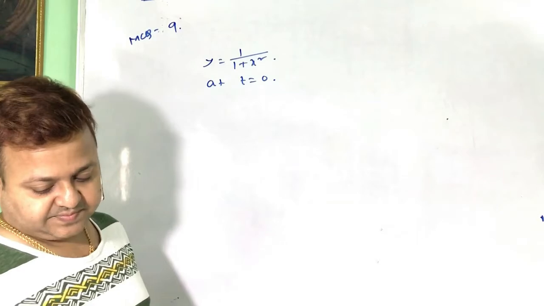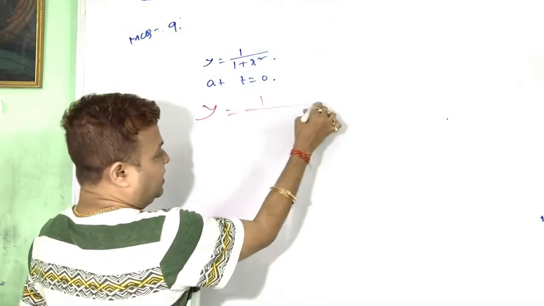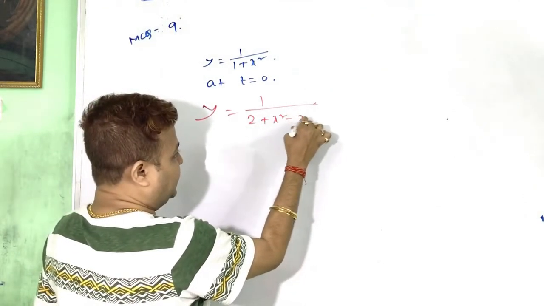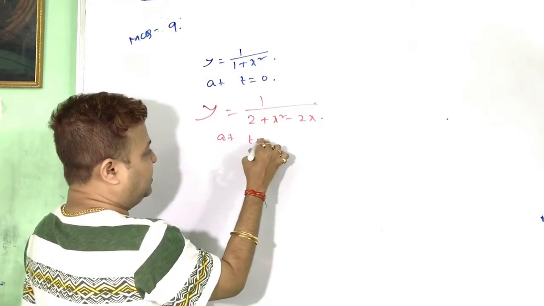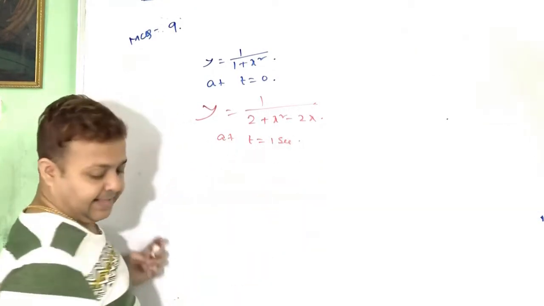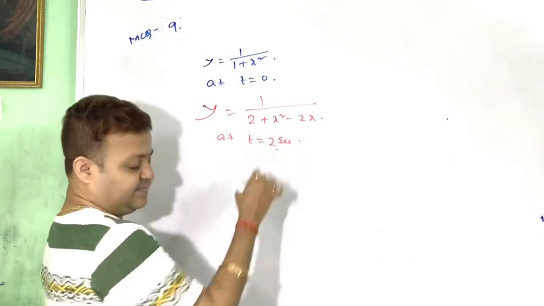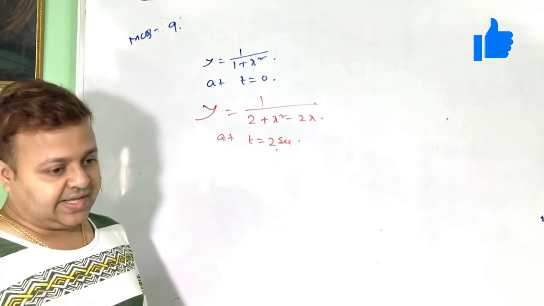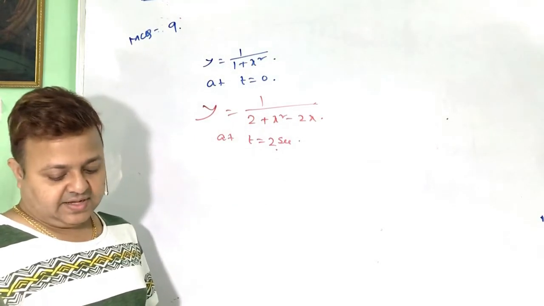and y equal to 1 divided by 2 plus x square minus 2x at t equal to 2 seconds, where x and y are in meter,